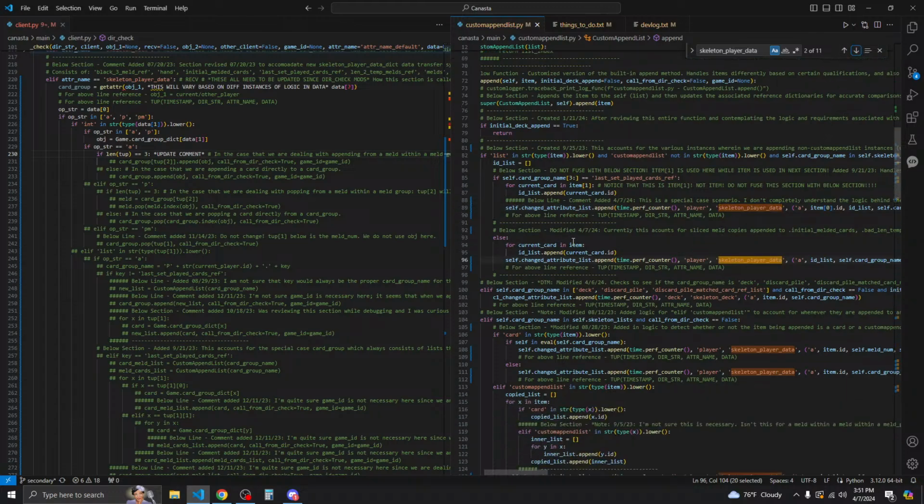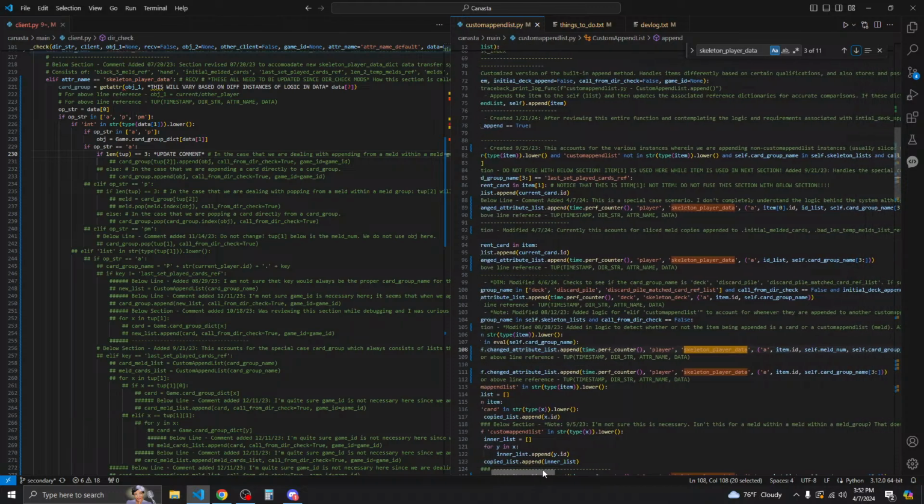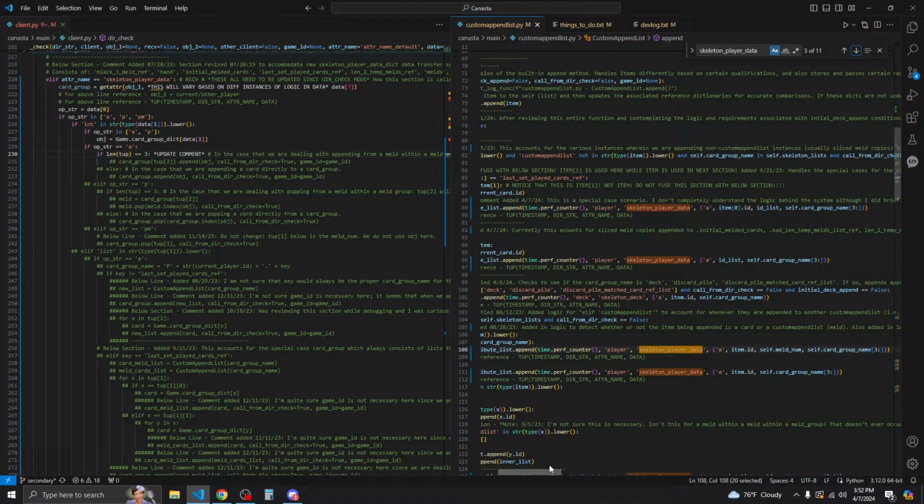Else, okay, current card and item ID, this is append, so this is for list. So change attribute list, append player, skeleton player data, A, item ID, self meld num.